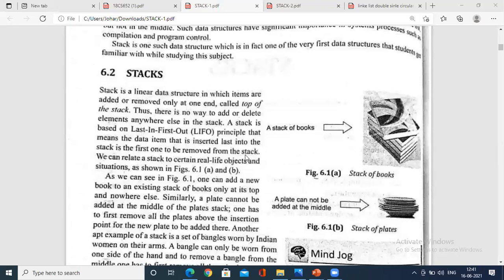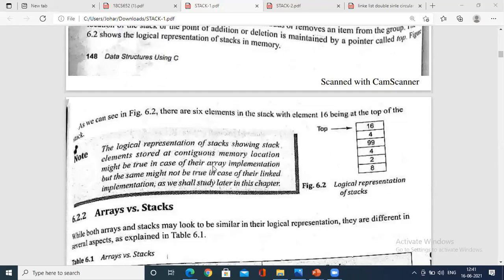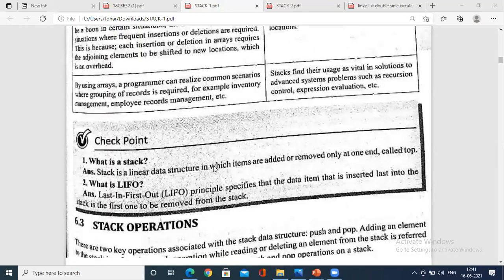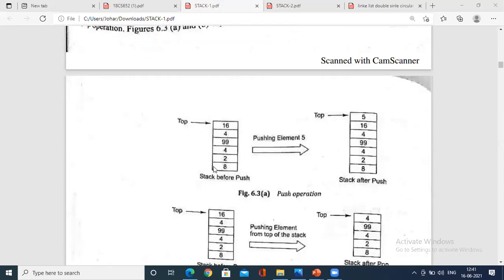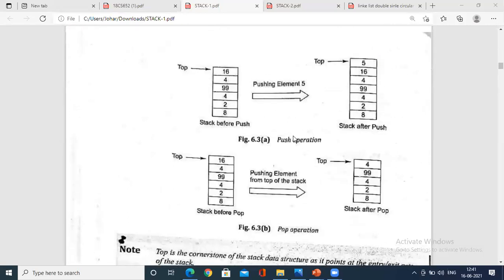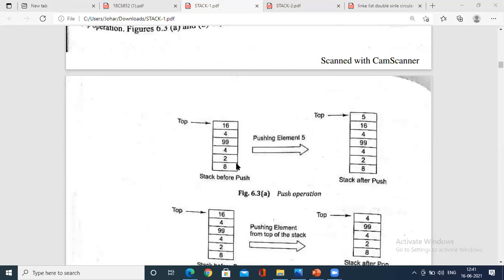Theoretically, we have seen how to represent stacks. We have seen the difference between stacks and arrays. We have seen the concept of last in first out. I just wanted to take you through the programming concept today. What we did yesterday, same as that, we are using a linked list today. So I request all of you to concentrate on the subject. Pushing the elements by using the pointer to a stack. Always, a pointer to a stack is called top. So top is a pointer to a stack.